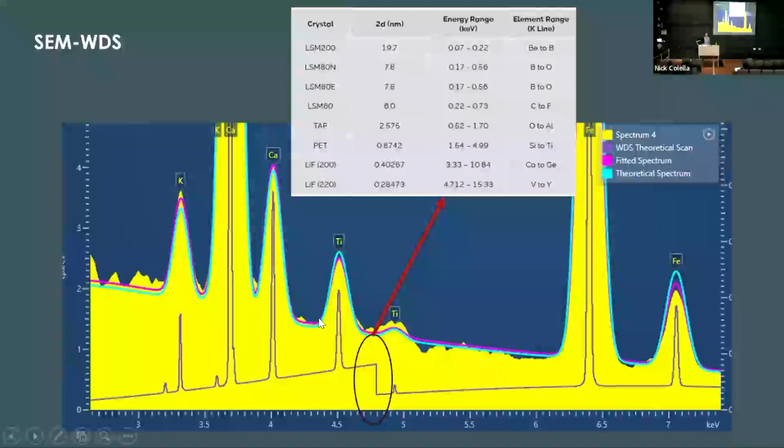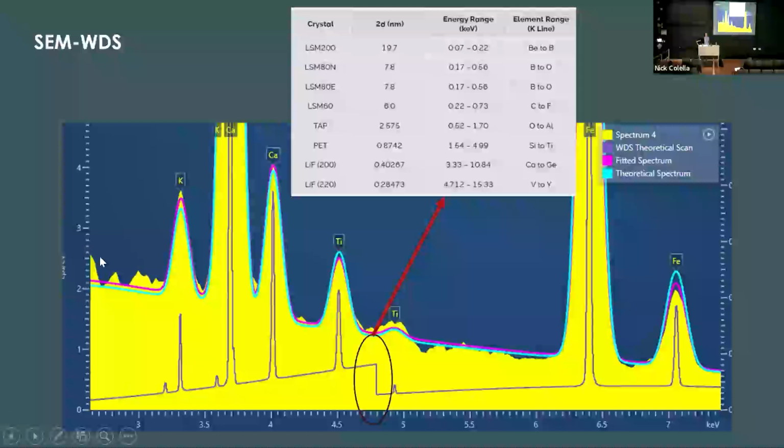So taking a look here at this spectrum from a steel sample that contains titanium, unfortunately, the titanium alpha and beta peaks here, one is on one side of the crystal threshold that's been selected, and one is on the other. So we have this really sharp edge here where we're switching from one crystal to the next. So we just want to be thoughtful about selecting the right crystal for the right element that we're trying to characterize.